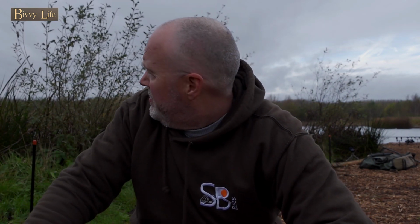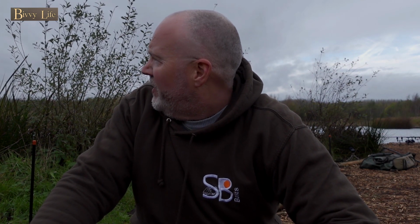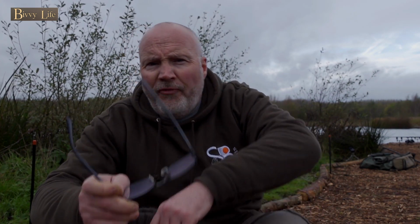Incidentally, Neil's just been dredging a little section right near the reeds over there, which is a good idea. He's actually put a tiny rake on, so yeah, it's disturbing that. But yeah, nothing more to report yet, other than the fact I've had a lot of liners on my left